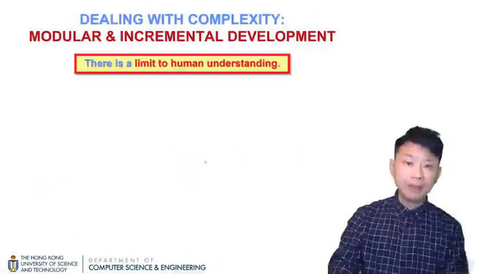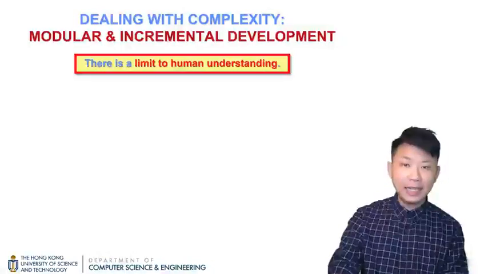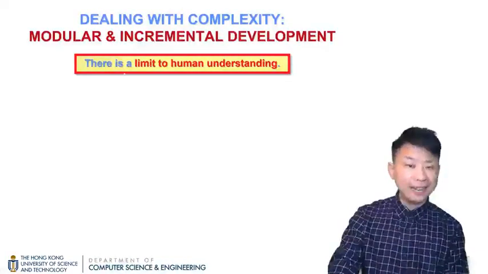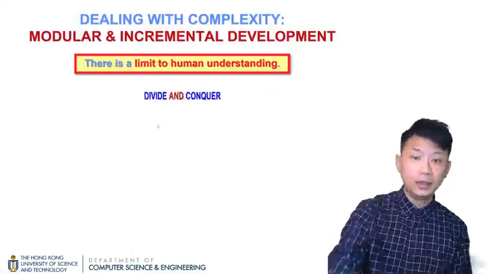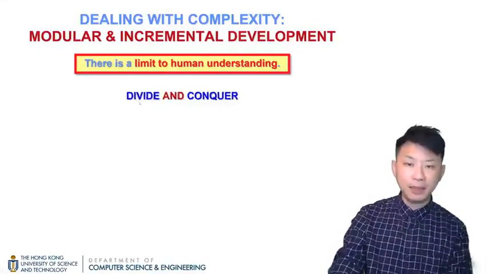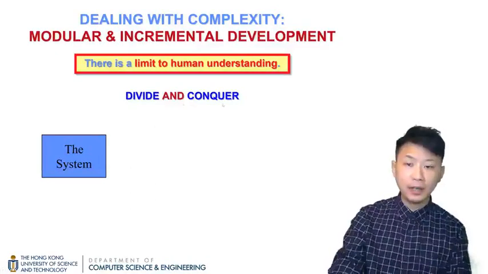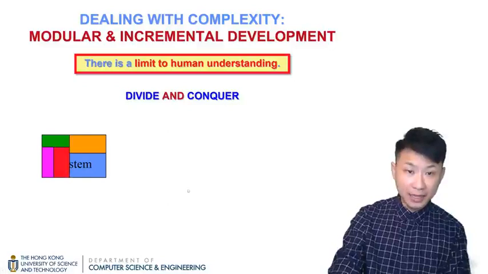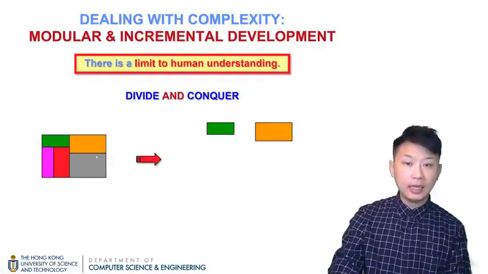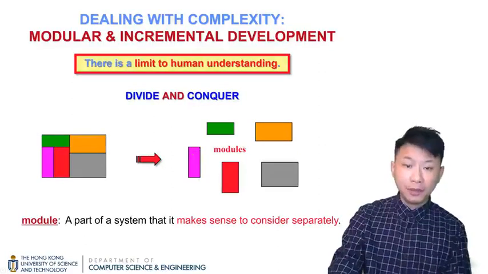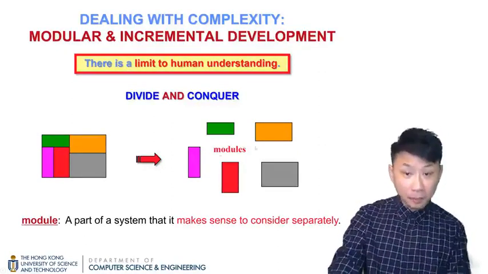And to deal with complexity, another thing that we can do is to apply modularity and also incremental development. Because there is a limit to human understanding. When we are building a large software system, then we can apply an approach called divide and conquer to divide the large software system into many smaller pieces. And instead of handling the large software system all at once, we're going to build these smaller pieces, smaller modules,